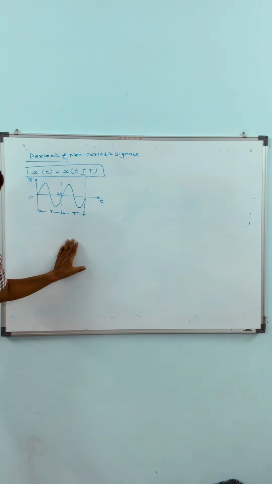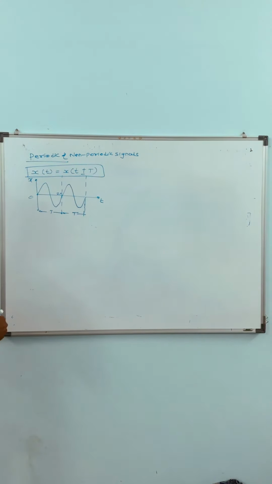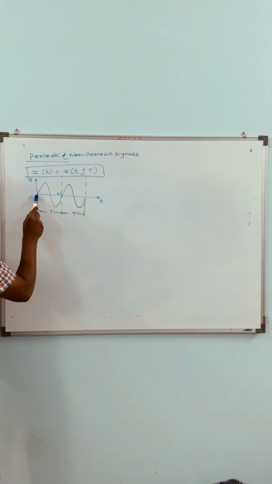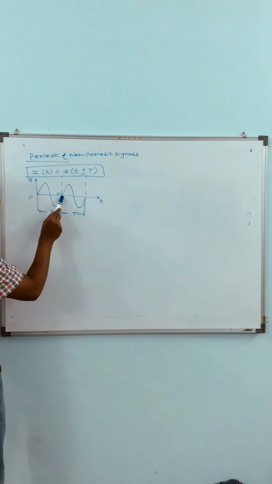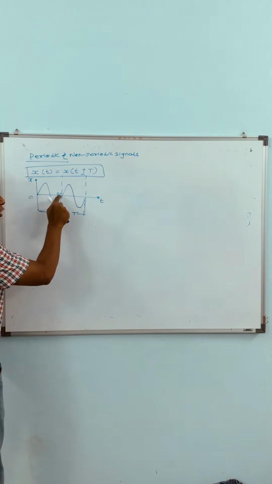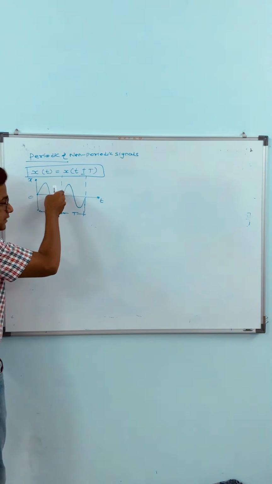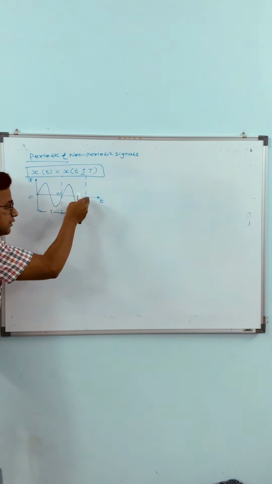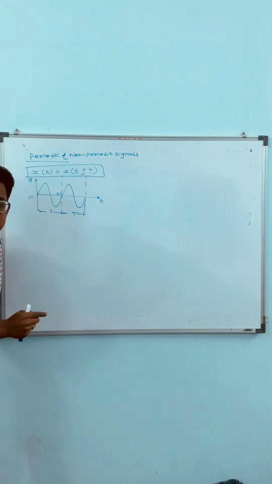Here, we are going to analyze whether a signal is periodic or non-periodic. Listen carefully. This is the signal which originates from 0 and terminates at 2 pi. It terminates at 2 pi in the sense that at this point the amplitude of the signal is 0, meaning the cycle is completed. After this cycle is completed, the same signal will repeat with a similar time period. You can say the signal is periodic.